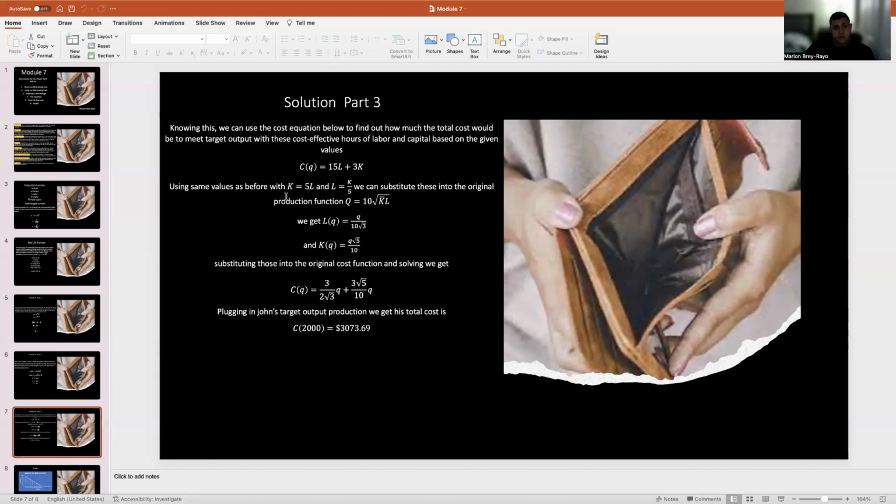All right. So knowing this, we can use the equation below to find out how much the total cost would be to meet the target output of the most effective hours of labor and capital based on the given values. So we get right here, the cost equals 15L plus 3K. Using the same as before, K equals 5L and L equals K over 5. We can substitute these into the original production function. Q equals 10, square root of capital times labor. We get